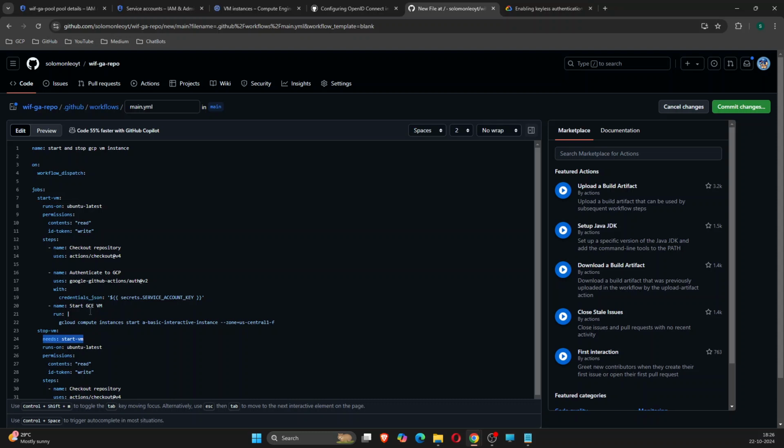And this start VM is currently using the credentials, that is the secret account key, which I have given in the settings. So I will be deleting this and updating it with the workload identity federation credentials. So I will just delete this part and I will type workload identity provider